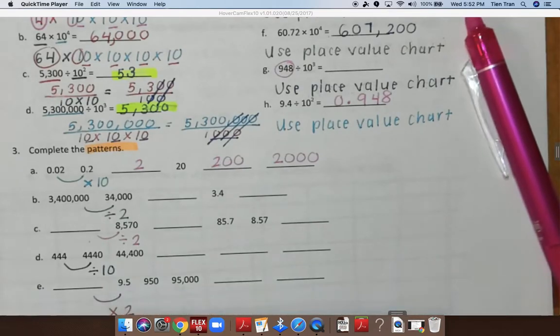I'm going to show you the next problem. The next problem I have is a very large number. I have 3